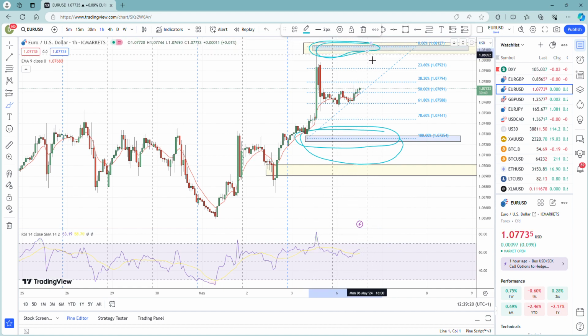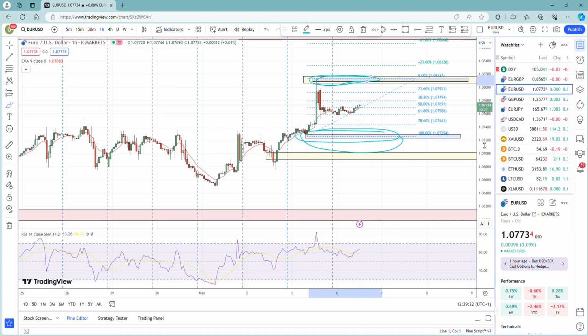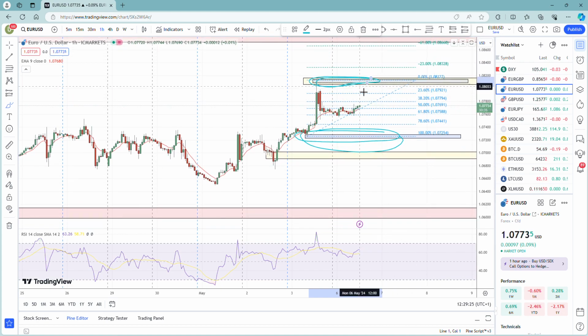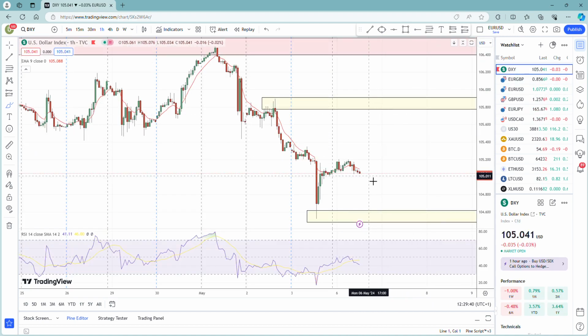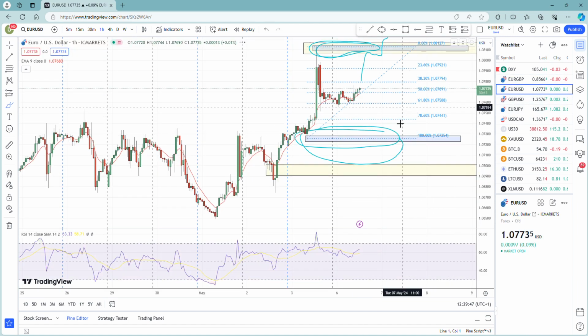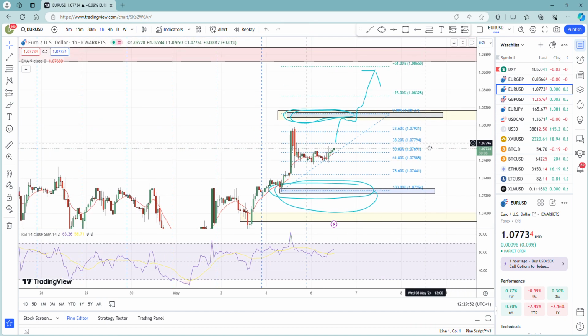But obviously we'd look at the DXY and see what its direction is. Obviously direction is bullish, so I could expect it to potentially break above it, retest it and go up to this level here. That's how you could think of how the EURUSD could play out based on the DXY, because we know the DXY is going down. Remember, DXY going down indicates EURUSD is going up. So that is just an indication or a prediction of where price can go. As you can see here,